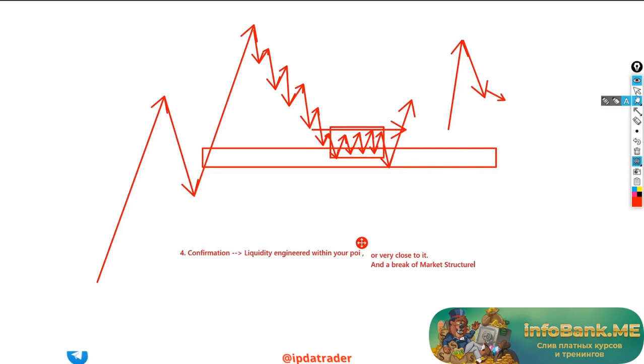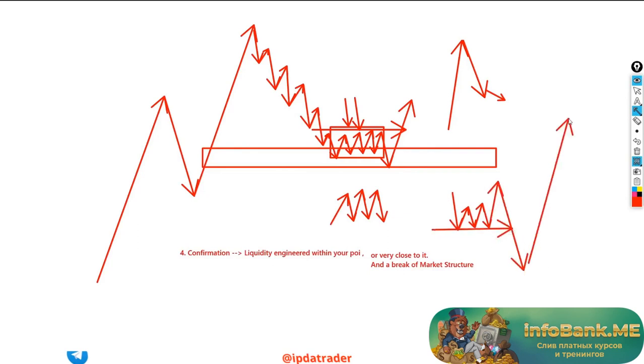You're going to wait for price to reach your POI with all the rules I gave you before. You're going to wait for the market to engineer liquidity, which could be in the form of consolidation and in the form of potential equal lows, right? That then get grabbed, and then the break. And then, yeah, that's pretty much it. You need to wait for your confirmation, which is the grab of liquidity within your POI and the break of market structure. So now that you understand the 4 different principles of the strategy,